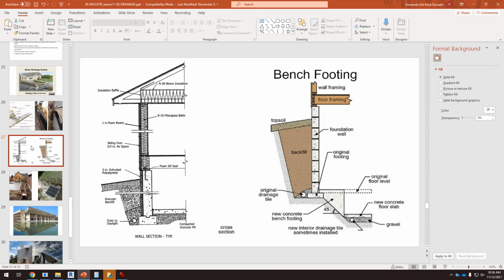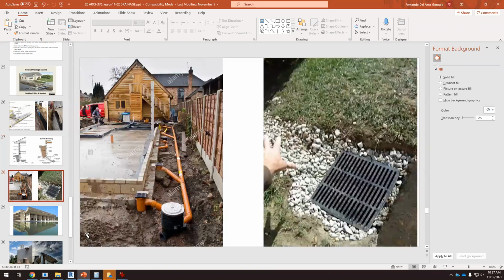If we don't have a basement, I would recommend you do that, but it's not mandatory. Okay, so this is what I mean. We are working here with the basement wall, then we will go up. This will be buried, but as you can see, there is a pipe here, and this pipe